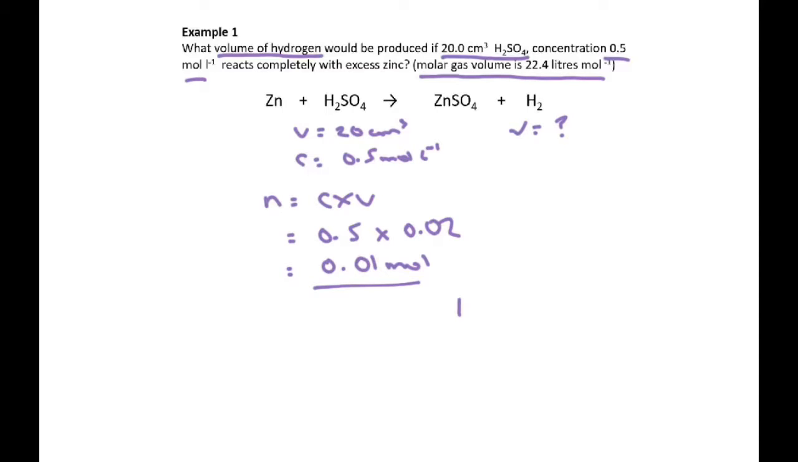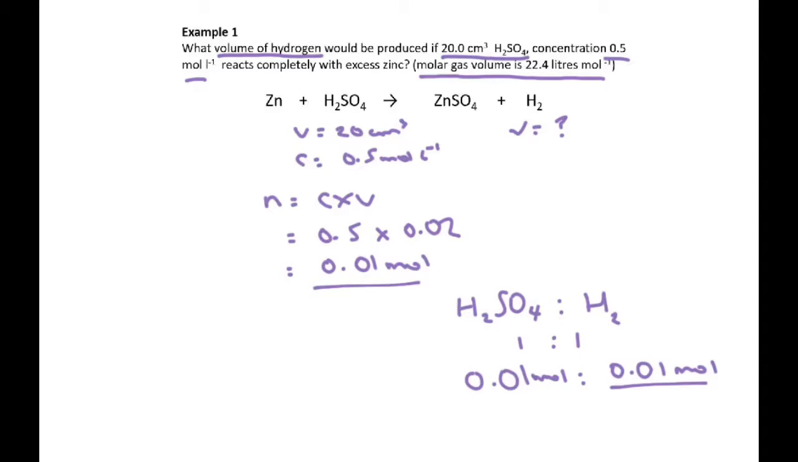Then if I take my sulfuric acid and my hydrogen, now they react in a 1-to-1 ratio. So if I have 0.01 moles of sulfuric acid, I also have 0.01 moles of hydrogen. What I can then do is I've been asked to calculate the volume of hydrogen, and that's where the molar